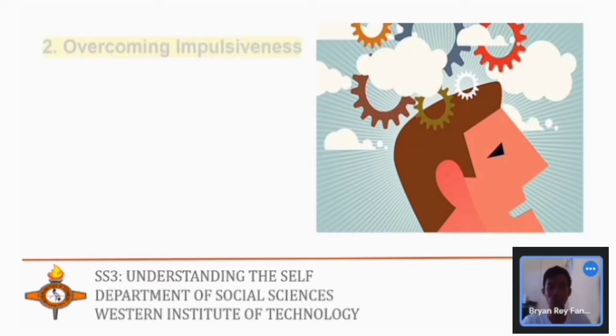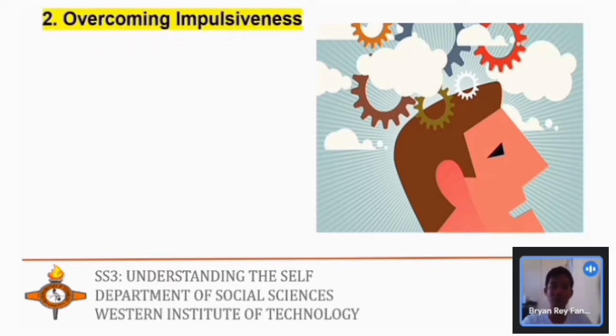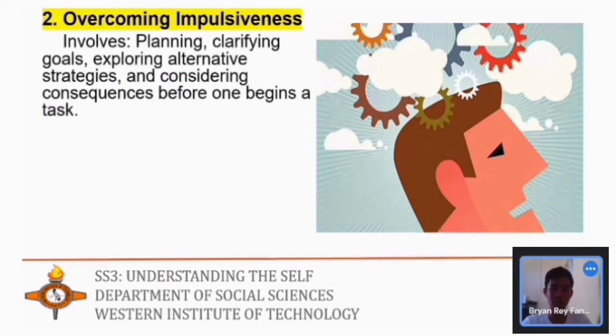Number 2, overcoming impulsiveness. Overcoming impulsiveness involves planning, clarifying goals, exploring alternative strategies, and considering consequences before one begins a task. As students become less impulsive, we can observe them clarifying goals, planning and exploring alternative problem solving strategies, and considering consequences of actions before they begin. For example,